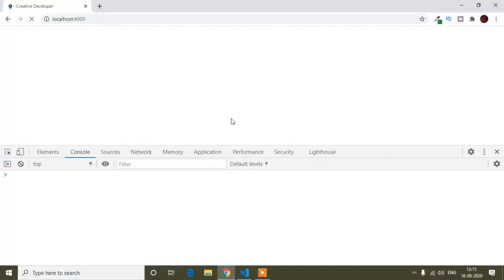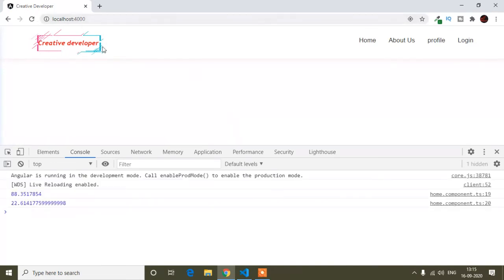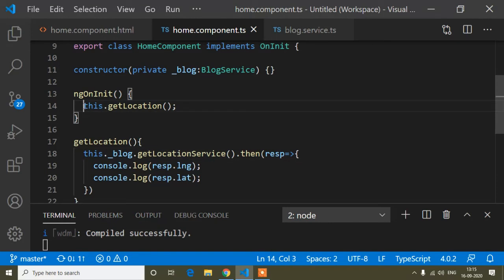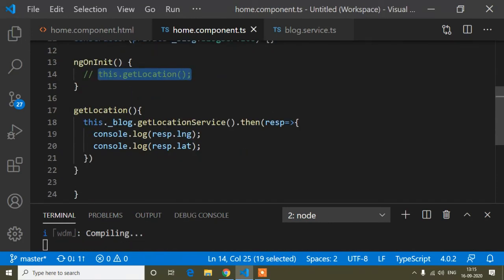So now when our page is reloaded, you can see here the location sign comes, and in our console.log you can see long and lat values here. So if I comment out this function in onload, that means I do not call this function yet.